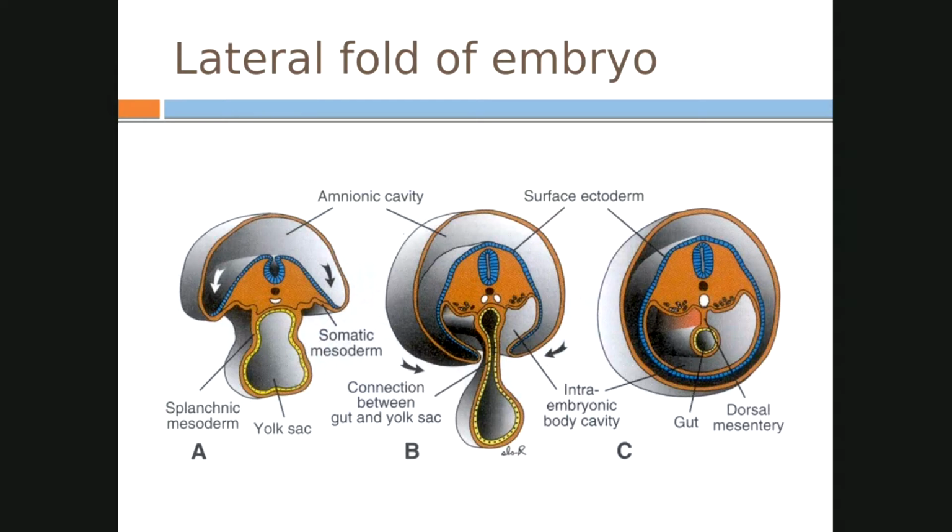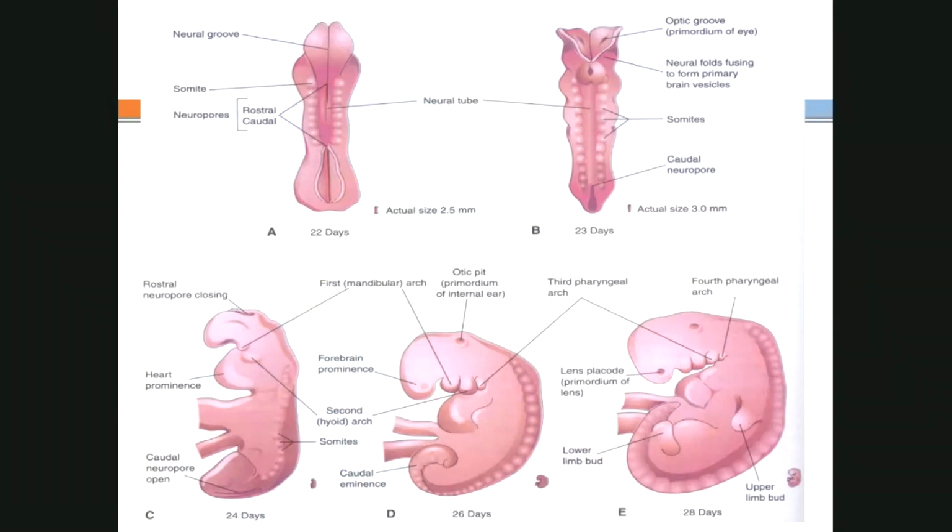As you can see, these are the lateral folds, and the next slide can give you an idea of how the cylinder looks in embryonic development. Here you can see that this shape has changed from a simple cylinder to a partly human-like shape, but still its small limb buds are seen. You can see the umbilical cord. You can see a head with so many grooves and elevations. The heart bulge is seen in the center. It still doesn't look like a human embryo, but is shaped like a human.